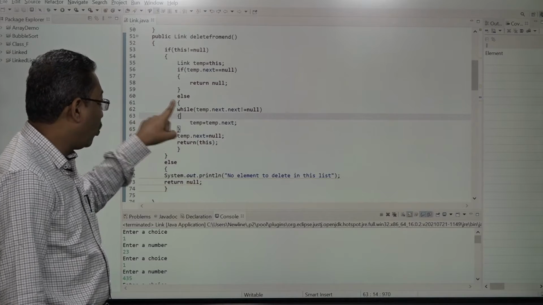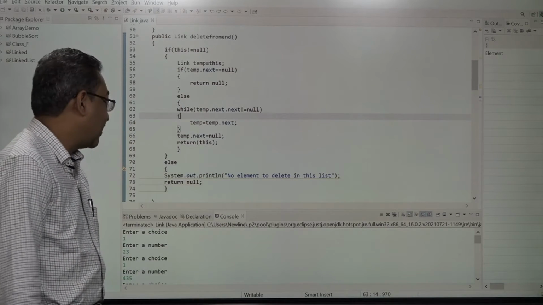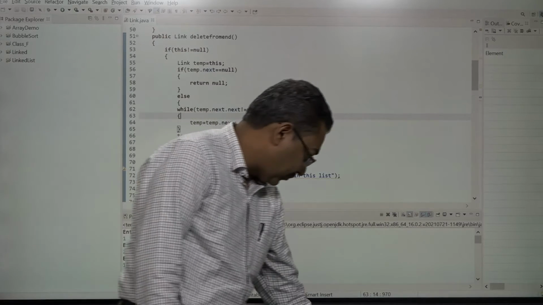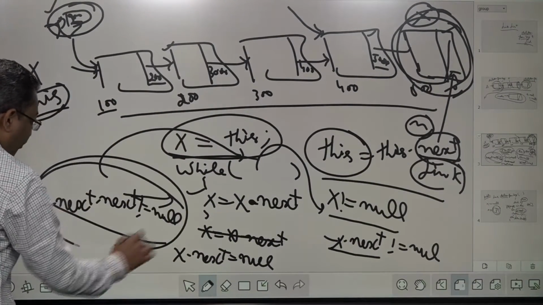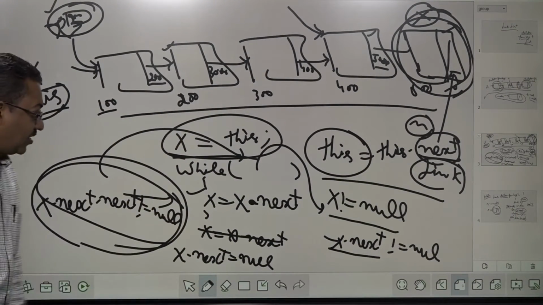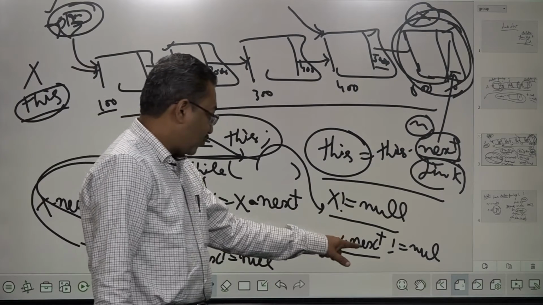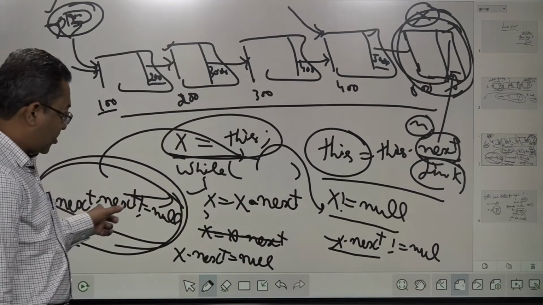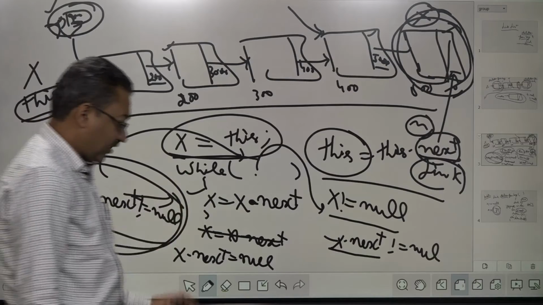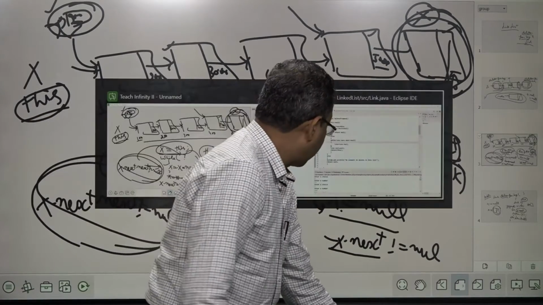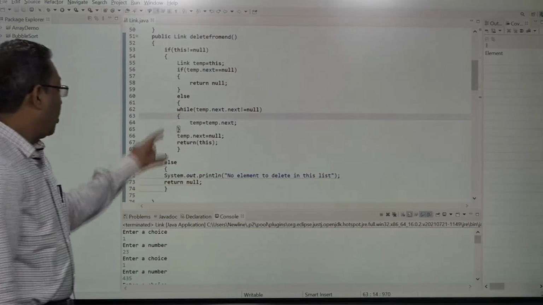And what it says is, while temp dot next is not equal to null. This one. I hope you are able to understand. Based on this, we have reached here, right? I am writing it here, and based on this, I am doing this. And let's see its body. What are we doing?